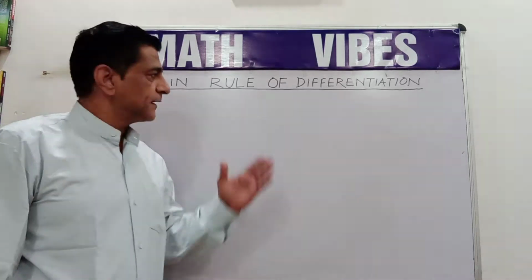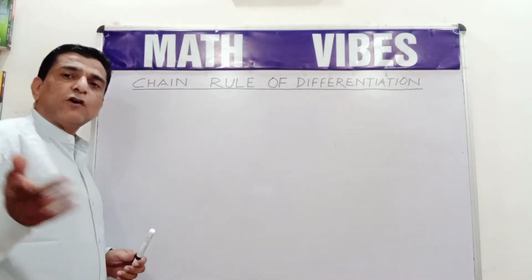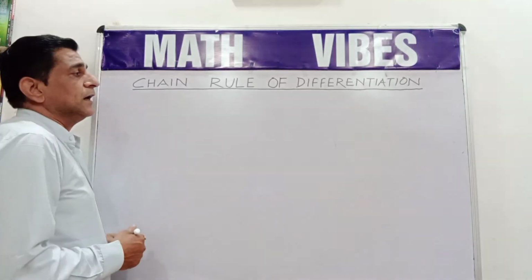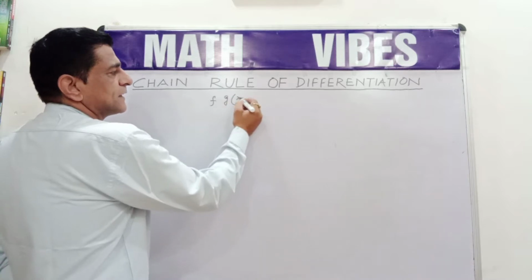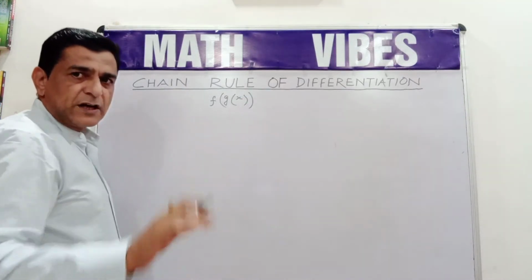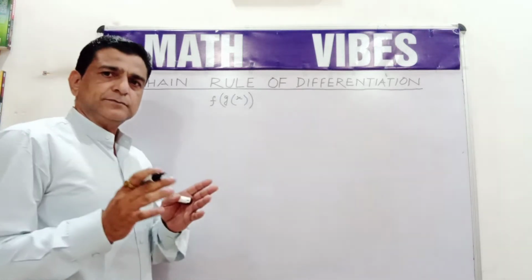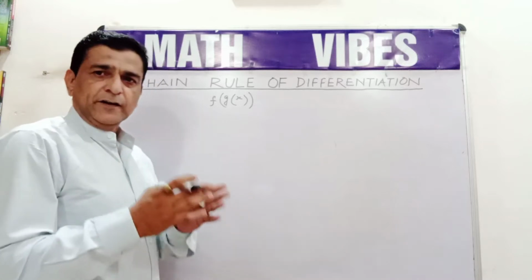Today we will be discussing the chain rule of differentiation, that is, the derivative of a function of a function. So whenever we have a composite function such as this, composite functions are in this form. Now we have to apply the chain rule. Today I will be discussing an easier method of applying the chain rule and then identifying where we should use it.